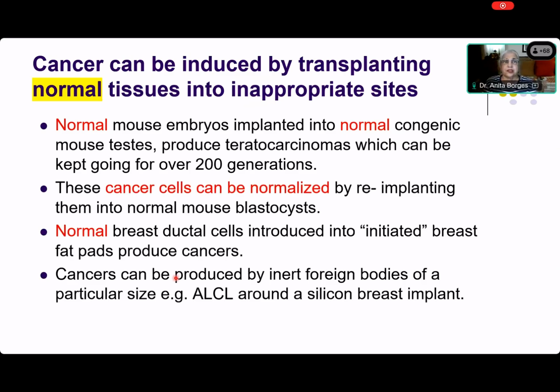Now you know that you can produce a cancer by transplanting normal tissues into inappropriate sites. And they did it. If you take a normal mouse embryo and implant it into a normal mouse testis, guess what happens? It produces a teratocarcinoma. Now, these are normal embryos. You haven't radiated them, you've done nothing. And then you put it into a mouse testis. Mouse testes don't have embryos. They are not meant to make embryos grow. And what happens? You get teratocarcinomas, and this can be kept growing for over 200 generations. All right. Now you have the teratocarcinomas. Then you take these teratocarcinoma cells and you